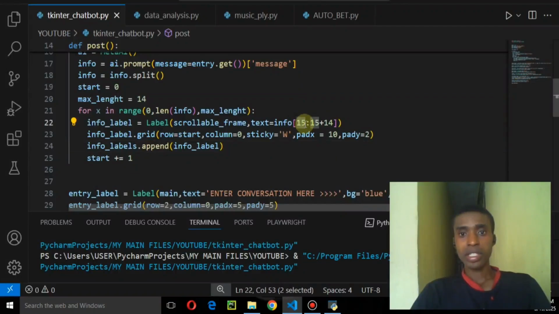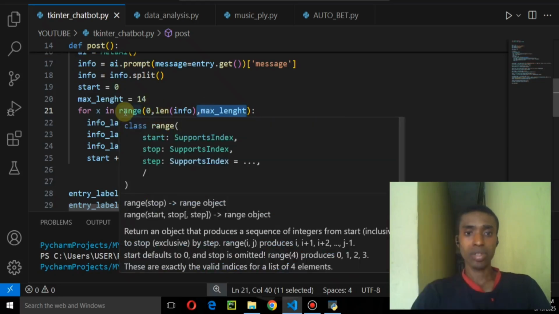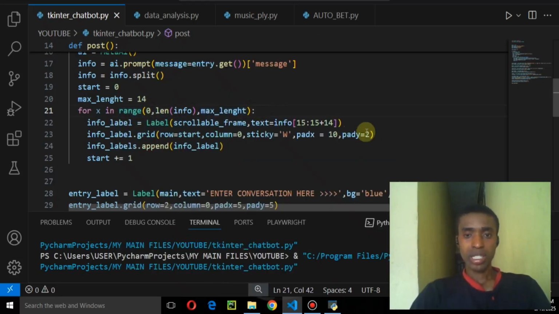Say 15, and 15 plus 14, inside this info list. So with the help of this step, we're able to jump to the next 14 words. I hope it's not confusing. If you are still finding it confusing,